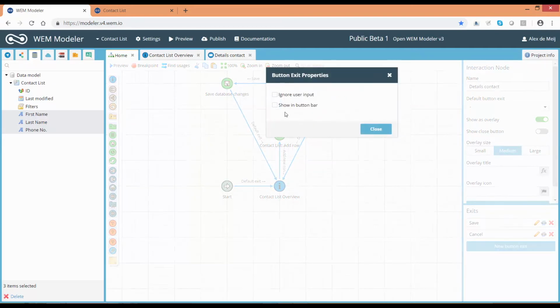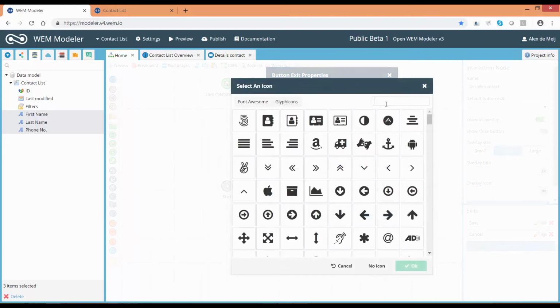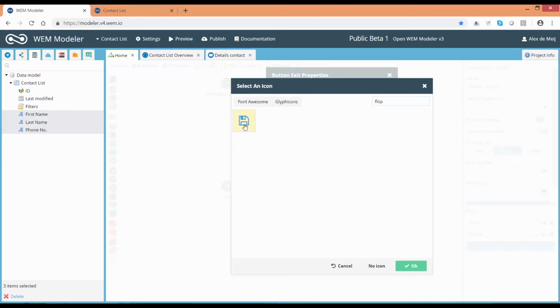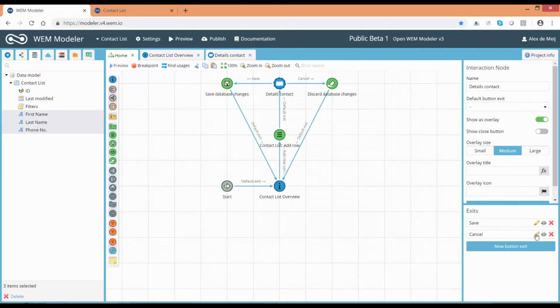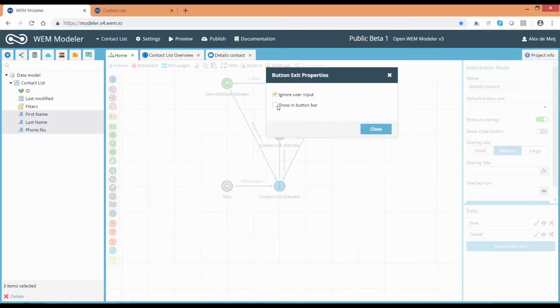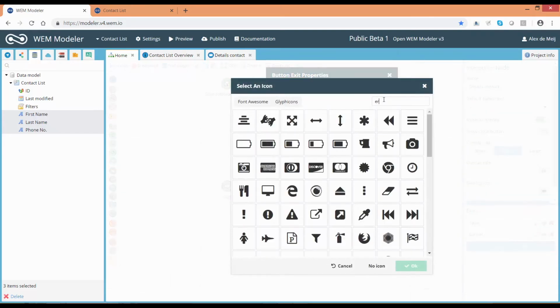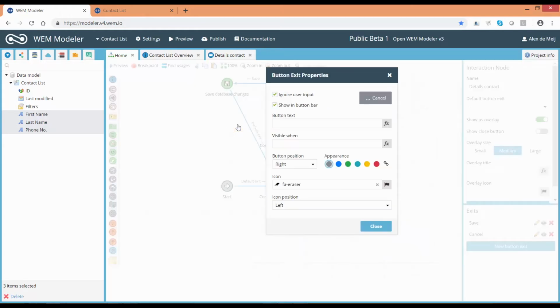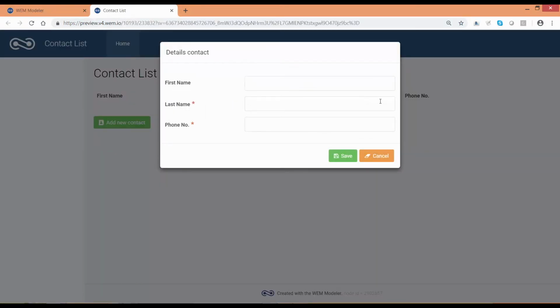What I can do next is show these buttons within what we call the button bar. So I can have some icons in there, I can have a color, and this save node will appear in the button bar. I can do the same with the cancel button. I can have another icon like an eraser, and I can give it a yellow color. So there are two buttons now placed within the button bar, and I can now just preview my screen